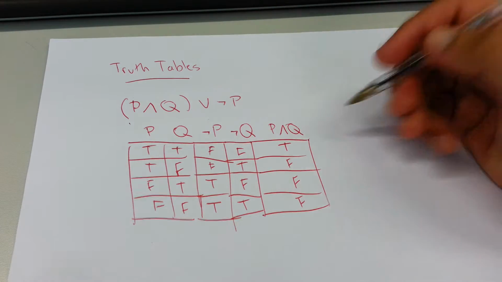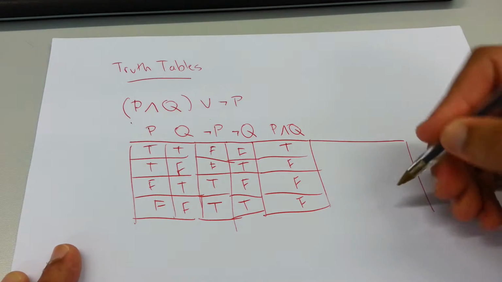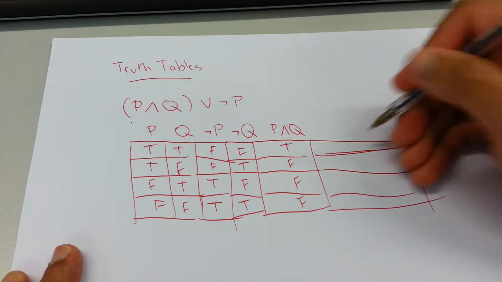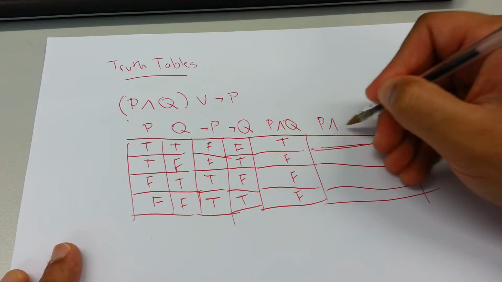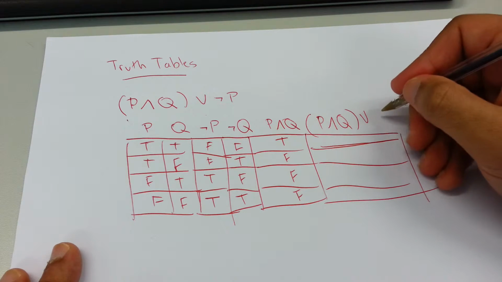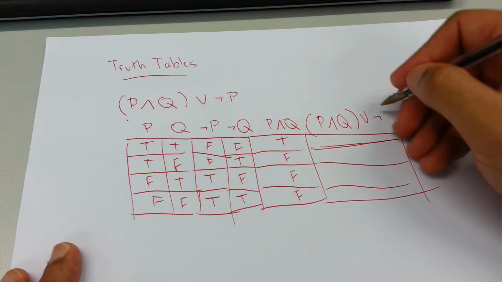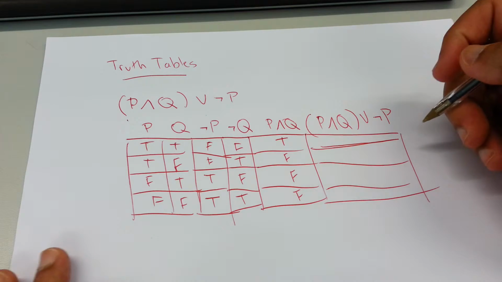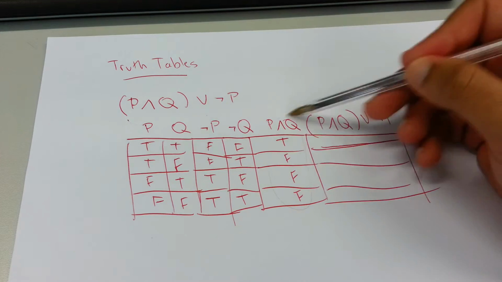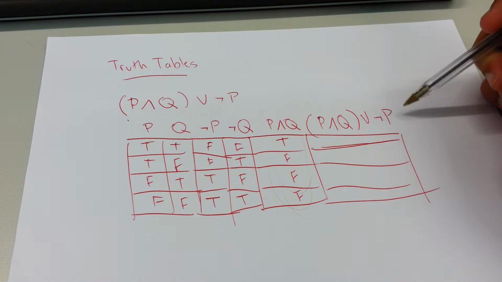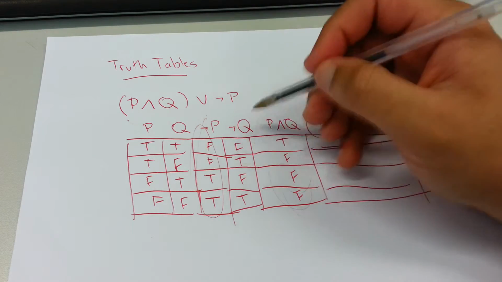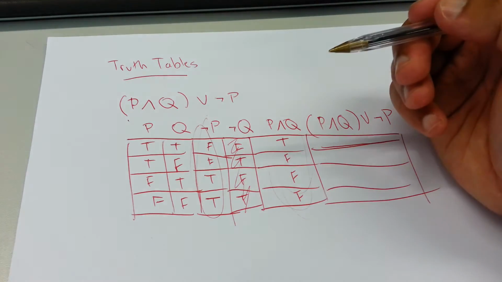Okay, now the biggest one is the last part. P and Q, or not P. And for this we need to look at two things. We need to look at this one, and we need to look at not P. Pretend we're not looking at that. I'll put a pencil here